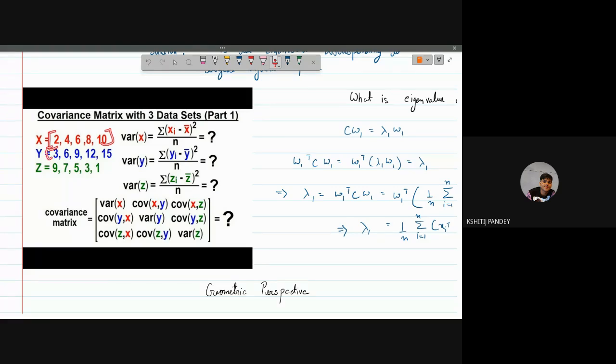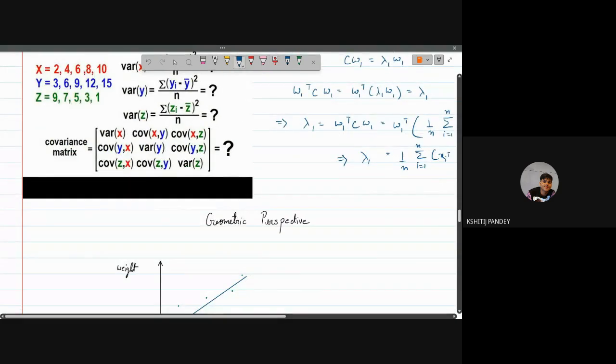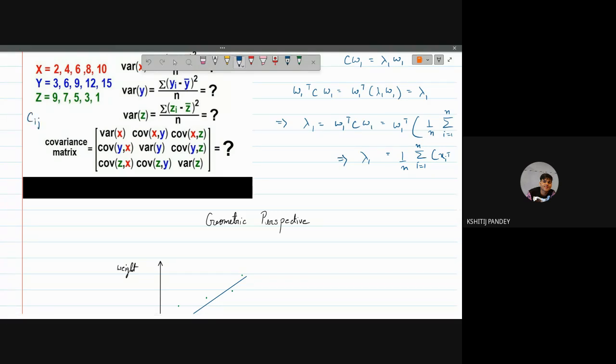So let's say we have three vectors. The covariance matrix is nothing but this. We calculate the variance of each data point, and we calculate the covariance of each pair. Basically, for any Cij in the matrix, it is nothing but the covariance of